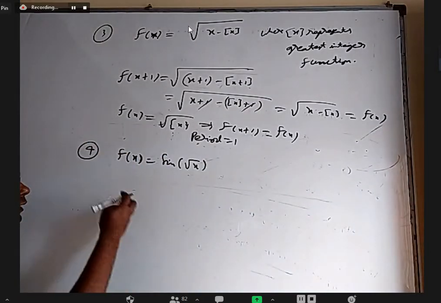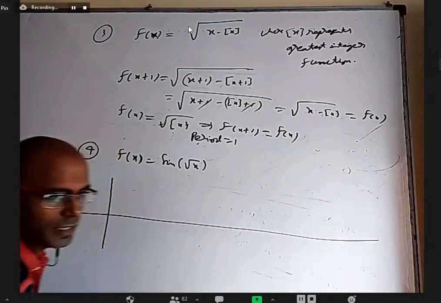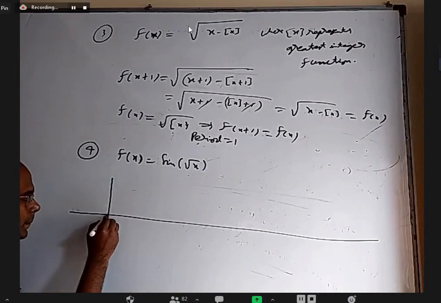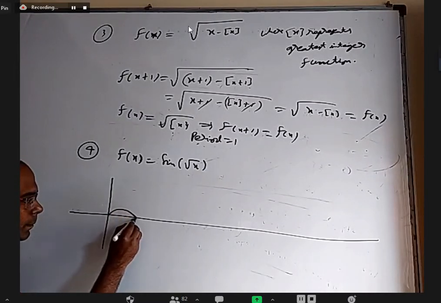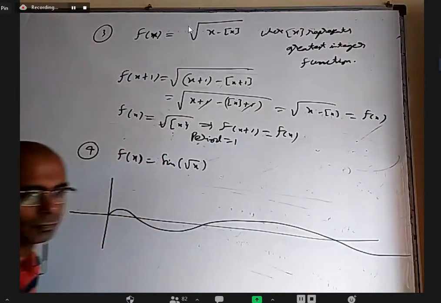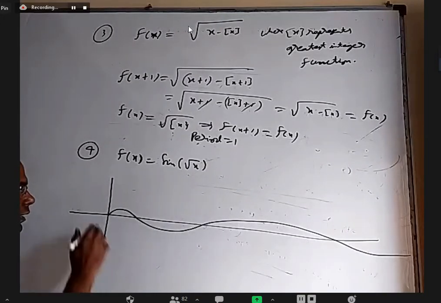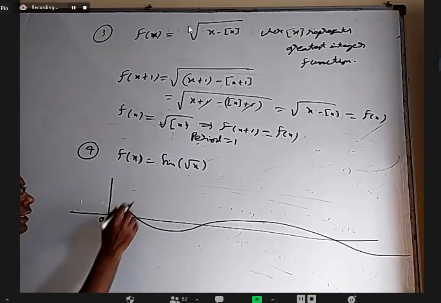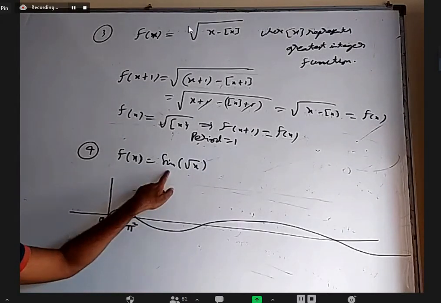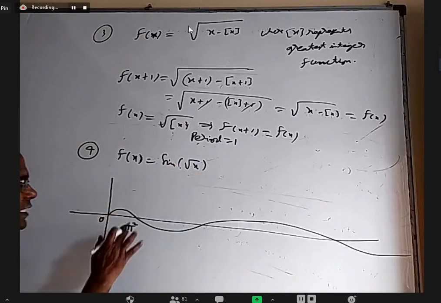Yes. If you remember, we had drawn the graph of this. Let us see. I'll draw this graph once again of sine root x. The graph will be like this. The loop will be more and more extended. This is 0. When this will be 0, next is pi square. Because sine of something, at 0 it is 0, next it will be 0 when it is pi. Root x is pi means x will be pi square.